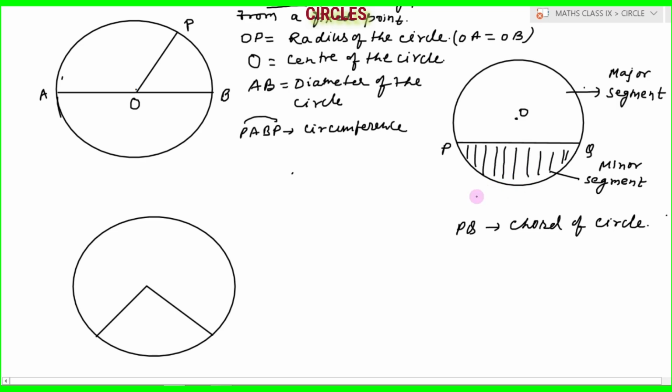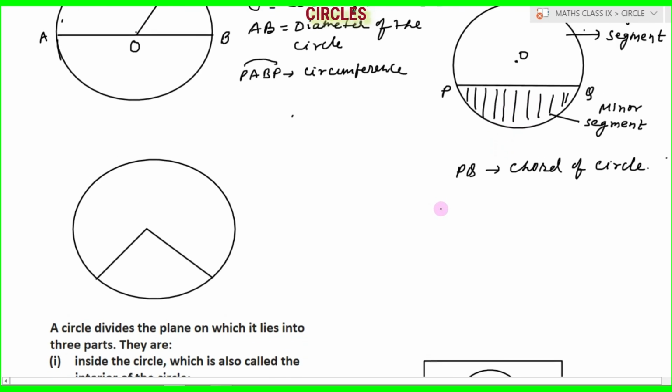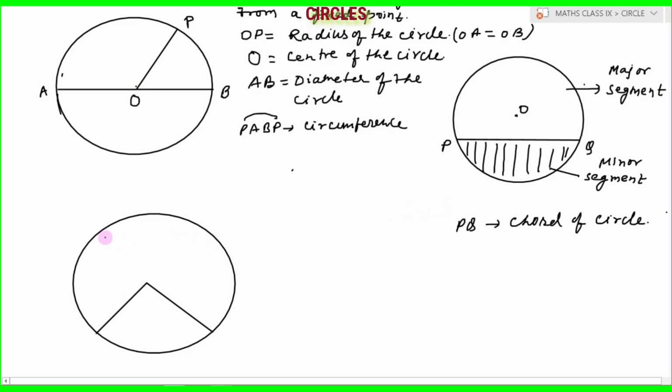Okay, now we'll discuss some more. The next part is, in this figure, let this be the point O, this point your A, and let this point be your B. You will see in this figure, OA is a radius, OB is also a radius. The plural of radius is radii, we pronounce it radii. The two radii OA and OB include this area along with the corresponding arc.